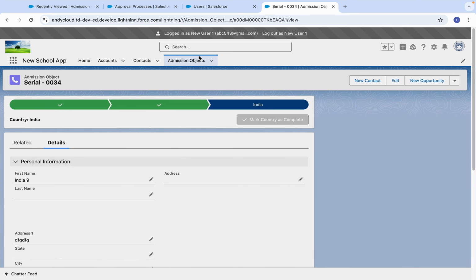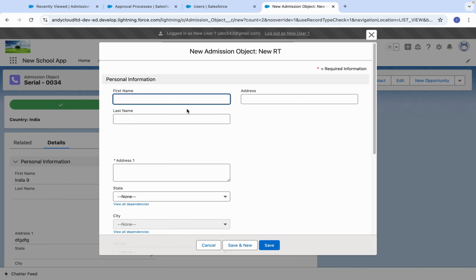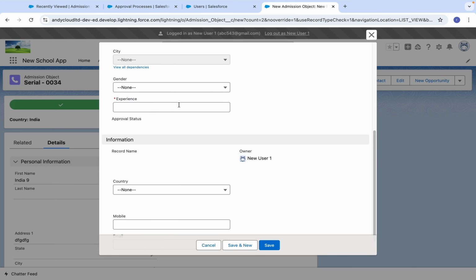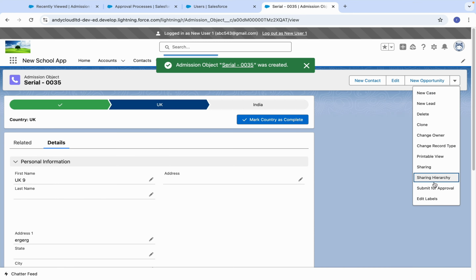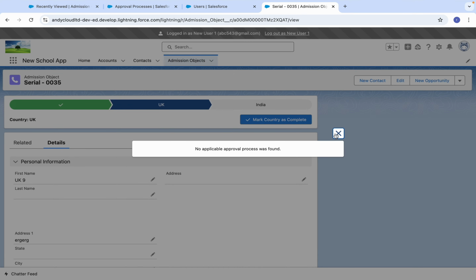Okay, now create another for UK 9, country UK, save, submit, not working.